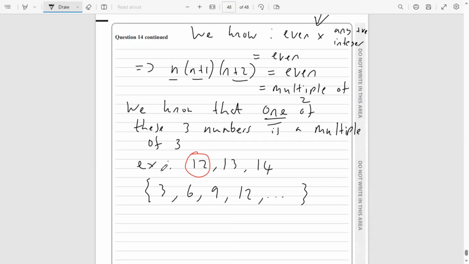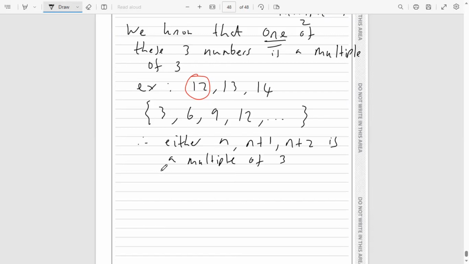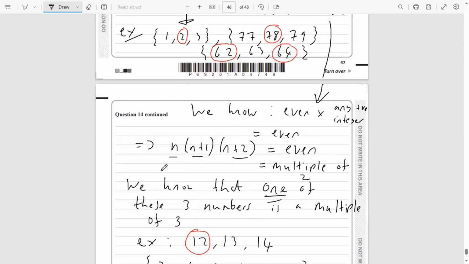So if you pick 3 random integers in a row, one of them is definitely a multiple of 3. So therefore, we know that either n, n plus 1, or n plus 2 is a multiple of 3. Now, again, similar to the analysis we talked about here,